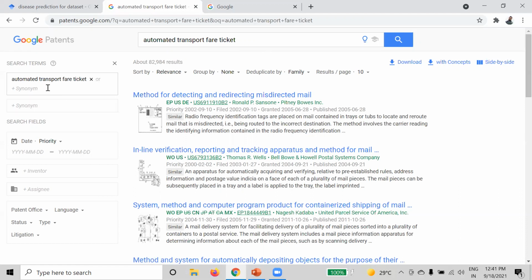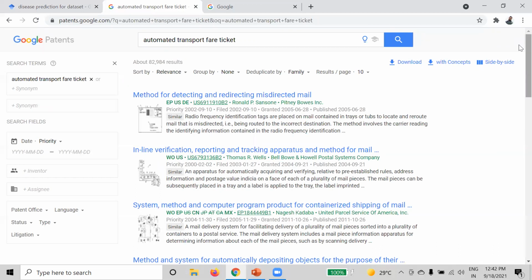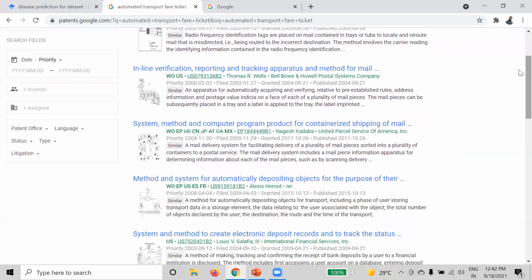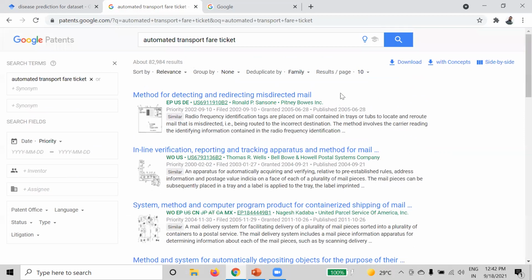You can also add different kinds of synonyms for the topics. Then if you need to find some patents which were published within a particular duration only, you can search like this. And from here you can find the different patents which are published in different regions also, like US or Indian patents or Australian patents, Canadian patents, like this. Okay, so you will find out which patent was published and where. So this is how you can also find similar work in terms of patents.